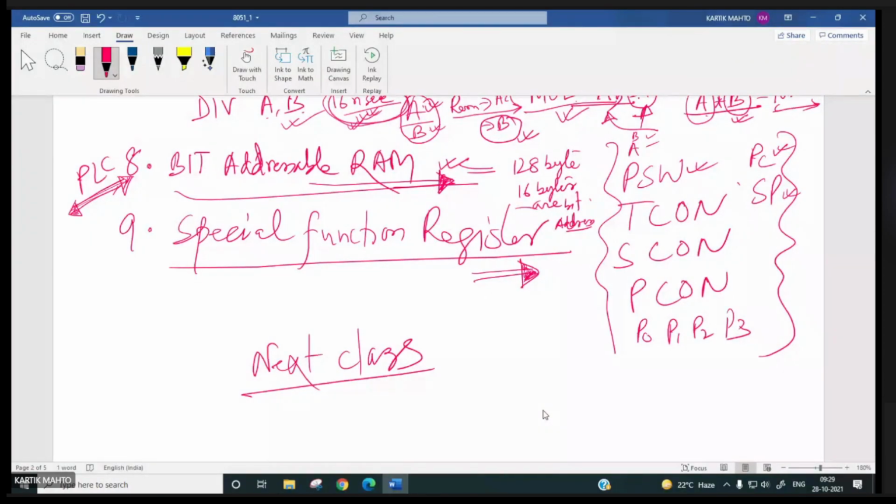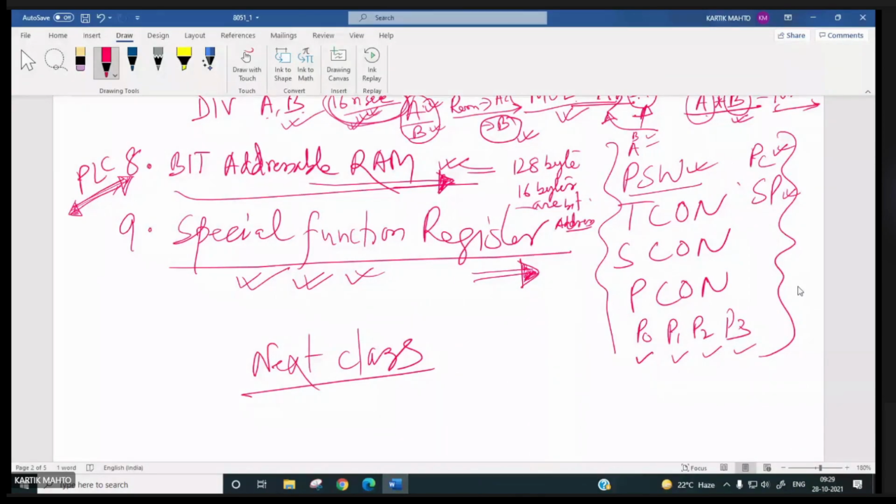Special function registers are there. So many registers: register A, register B, PSW register, that is flags, program counter, stack pointer, timer control, serial control, power control registers, and port 0, port 1, port 2, port 3. All these are special function registers.